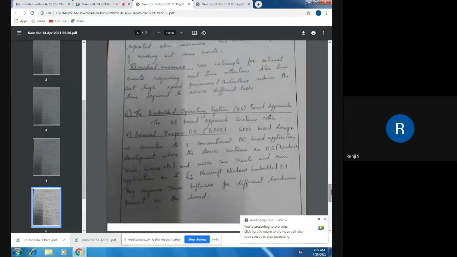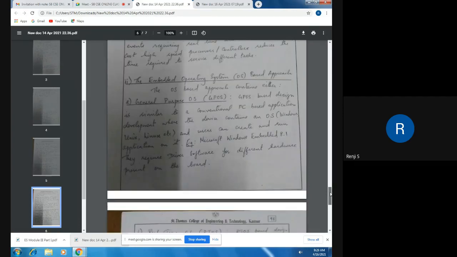So the second approach is the embedded OS based approach. The first approach, the super loop approach, is for non-operating system based, non-OS based embedded systems. And now we are going for the design approach for OS based embedded systems.